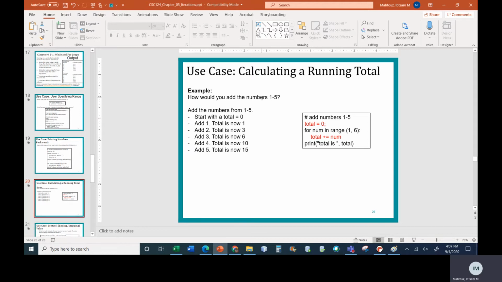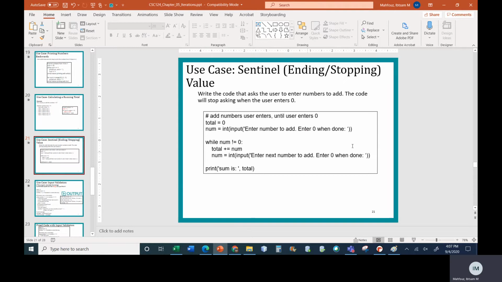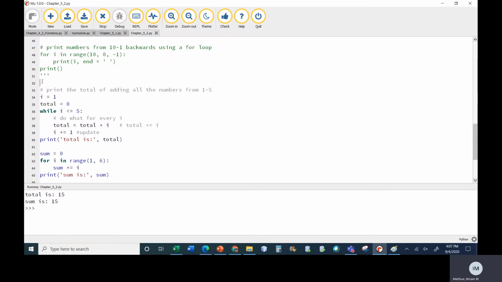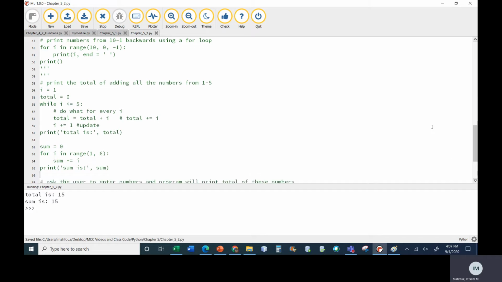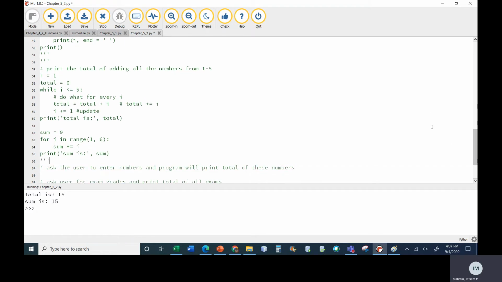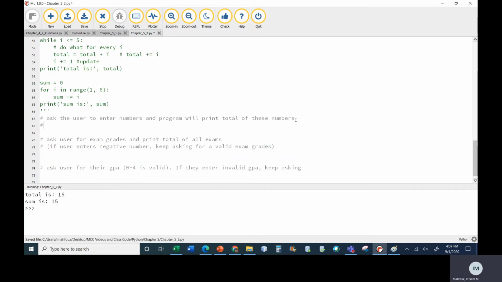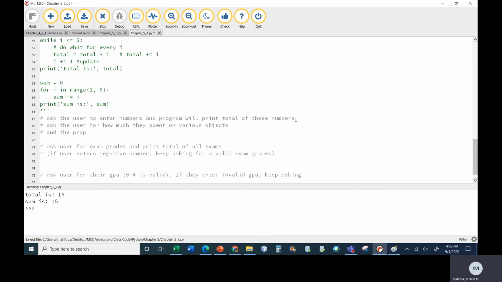Sometimes, so here I told you when to start, when to stop. Now, sometimes we don't know the range of numbers that we want to add. So let's say, for example, I'm working with the user and they want to add up all the expenses that they have spent. So they want to add up how much money they spent. So here we're going to ask the user for how much they spent on various items, and the program